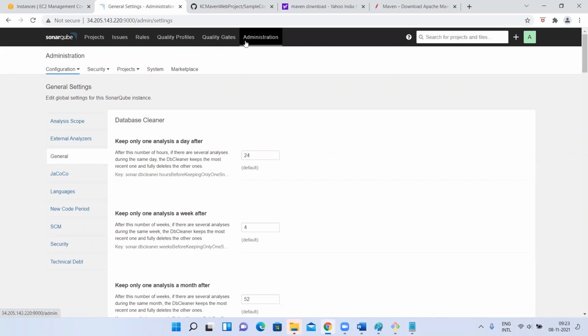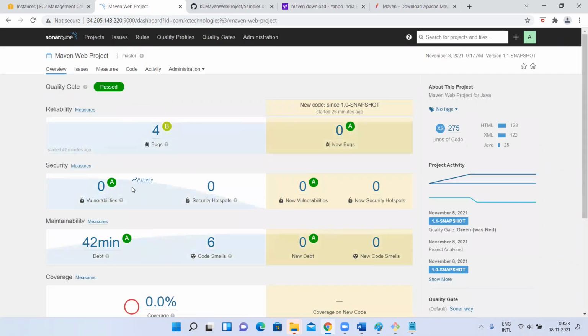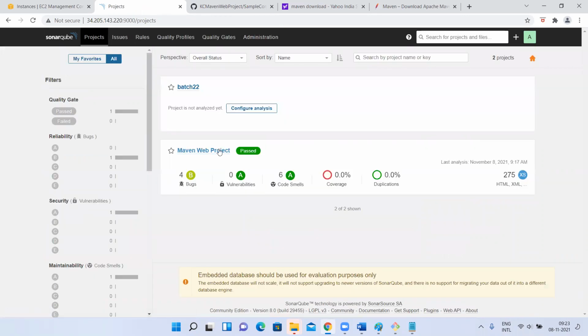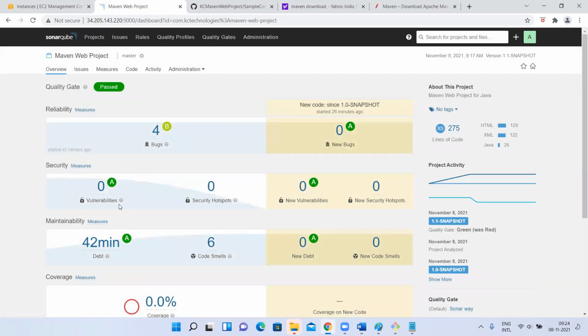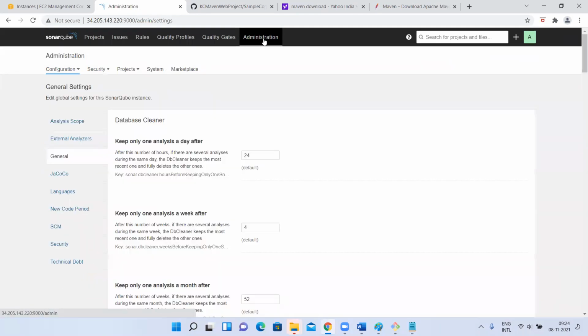See, if I go to administration, how many users are there in this SonarQube as of now? Only one user, the admin user, who has complete access. Now I checked the report. For example, I manually checked the report. It is failed. There is a bug here. I have to complain to my developers. Developers will ask, hey, I want to see what the report is, what the bug is. So I cannot give my credentials for them to check it here. So what should I do? I want to give them access, not admin access, read-only access. They just have to check the report.